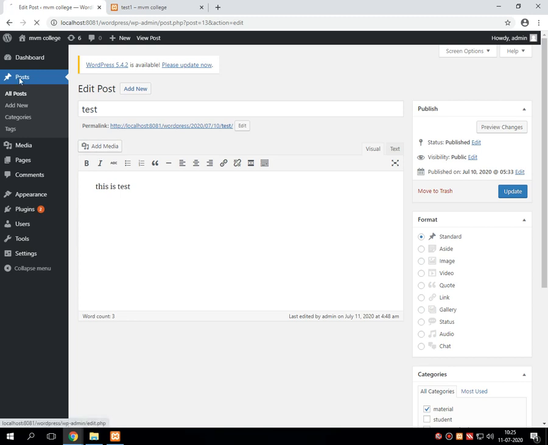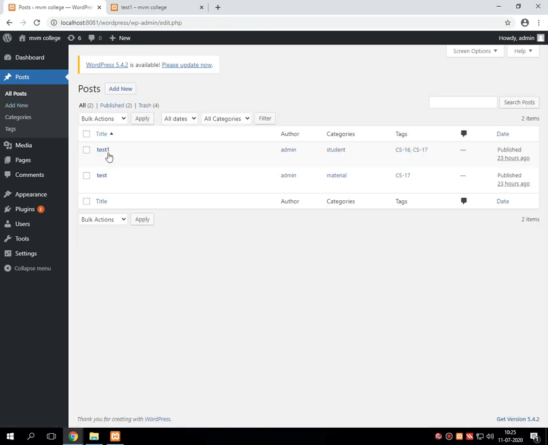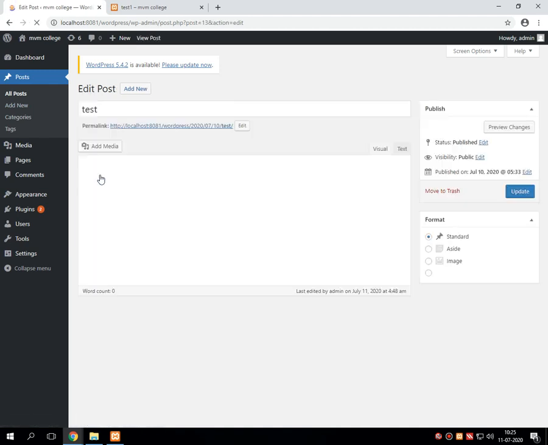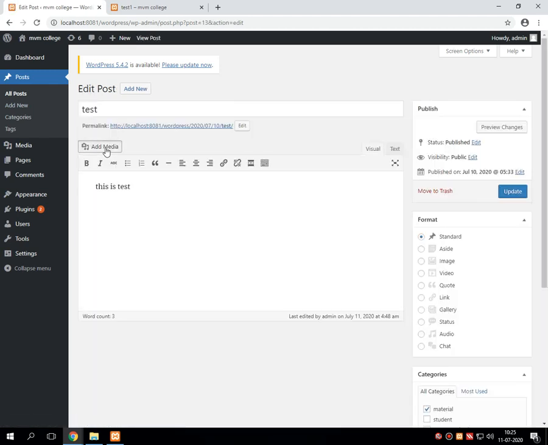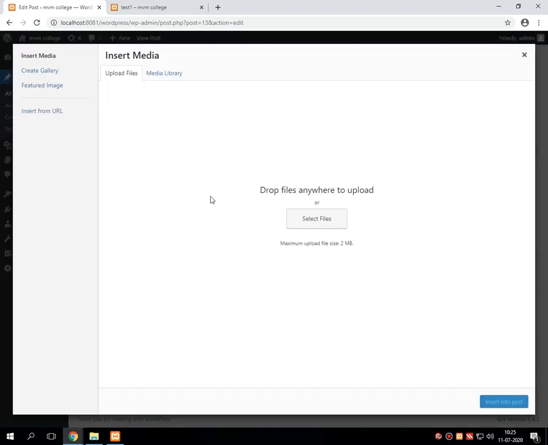So in the post, select the particular post that you want to edit, press the button called add media. It will show a box like this, where we have to select the particular file.